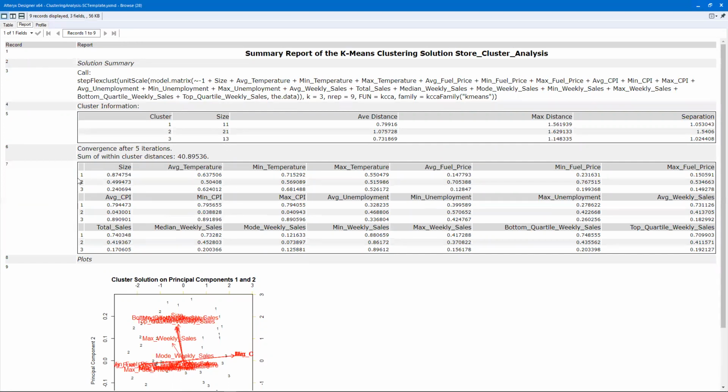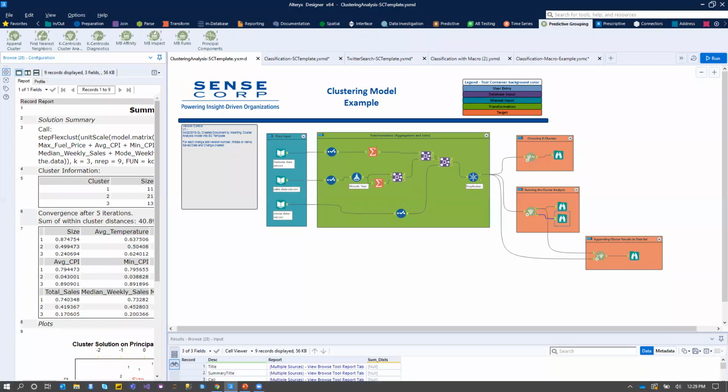You see, cluster 1 had an average size of 0.87. So that means that cluster 1 was made up of a lot of your large stores. Cluster 3 had an average size of 0.24, so that means that cluster had a lot of small stores in it. So you would go through every single one of the variables that you chose to cluster by and interpret it in this way. And I've already done that for you guys today, so we can go ahead and look